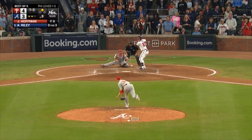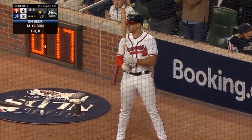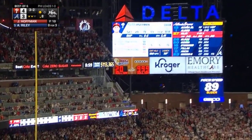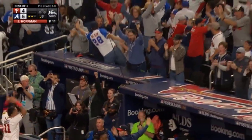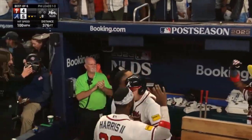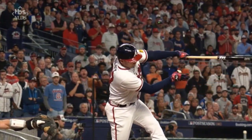Outs. He deals. Acuna goes in the dirt. Good blocker, and you've got one of the best catchers in the game behind the plate who you trust. Plenty of poison to pick. Here comes Riley on the run. Marsh. There it goes. As clutch as it gets. Tried to trick him and go with that slider, 3-2. Sneak it to left field to give the Braves the lead. Atlanta is in front in the bottom of the